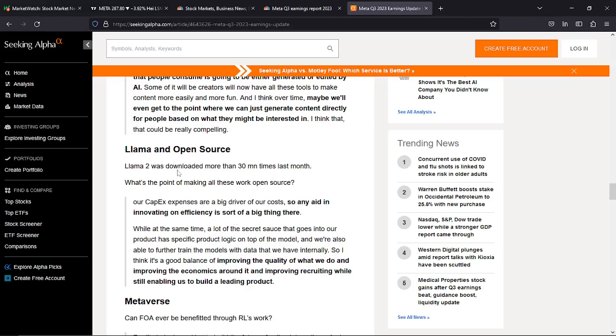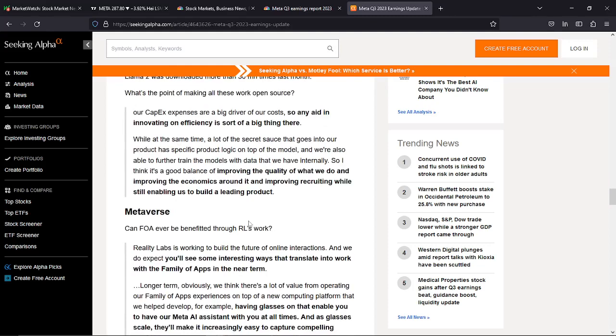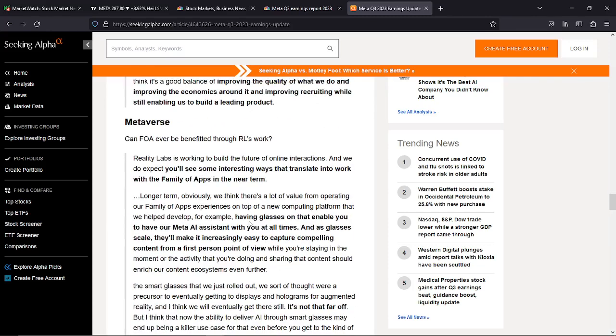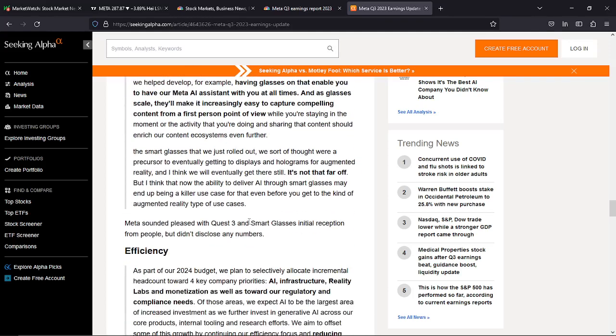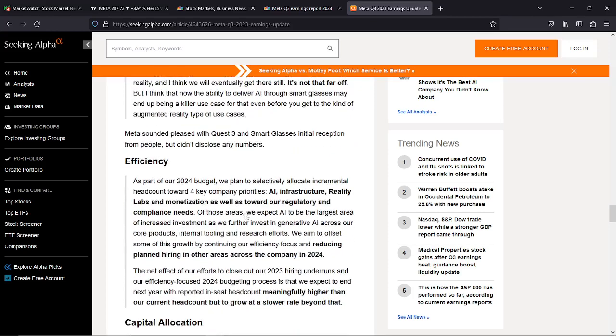Llama and open source. Oh, Llama. Metaverse. What the heck is that? Oh man, that Nintendo Wii like big head thingy. Metaverse, right? I think you create an avatar and you have the metaverse. Yeah. That's just okay. Whatever.